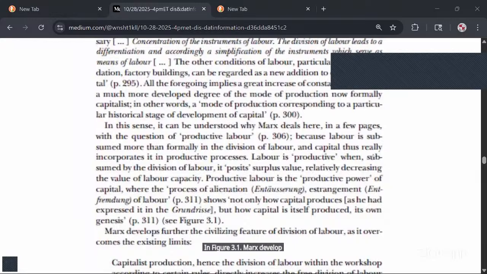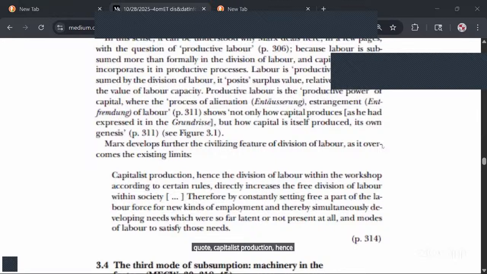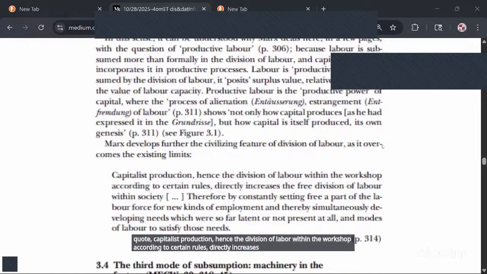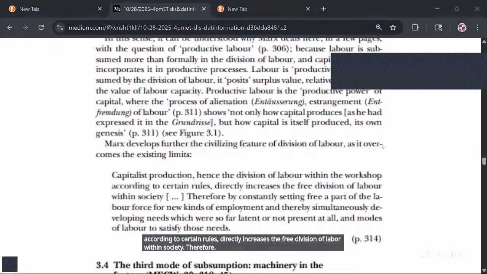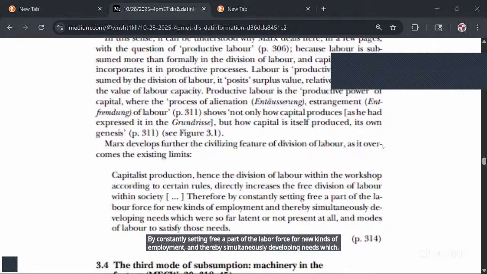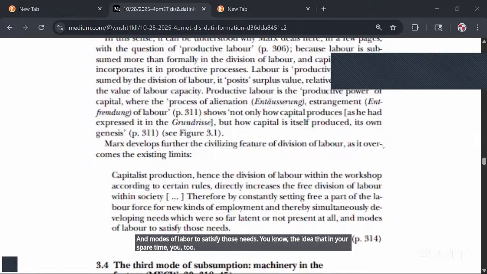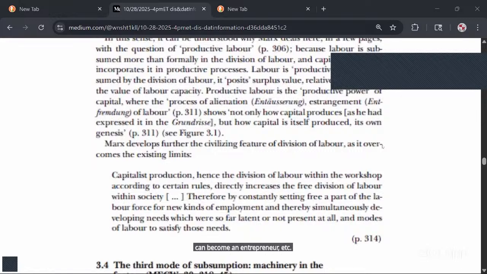Marx develops further the civilizing feature of division of labor as it overcomes the existing limit. Quote, "Capitalist production, hence the division of labor within the workshop according to certain rules, directly increases the free division of labor within society. Therefore, by constantly setting free a part of the labor force for new kinds of employment and thereby simultaneously developing needs which were so far latent or not present at all, and modes of labor to satisfy those needs." The idea that in your spare time you too can become an entrepreneur, etc. Anyway,